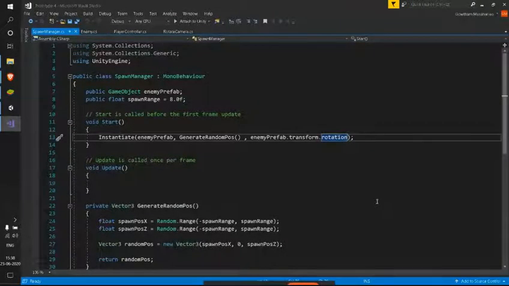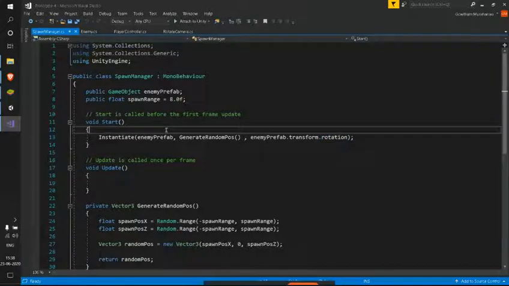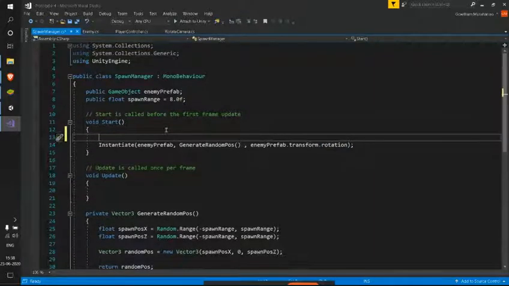Now let's write some loop which makes it instantiate more than once, or the number of times we want it to. So first, in the start itself, let's use the for loop.